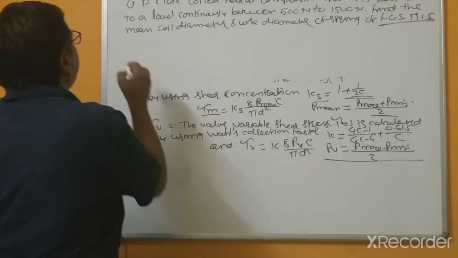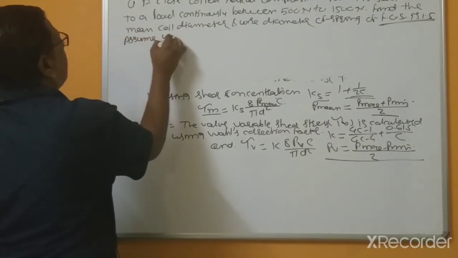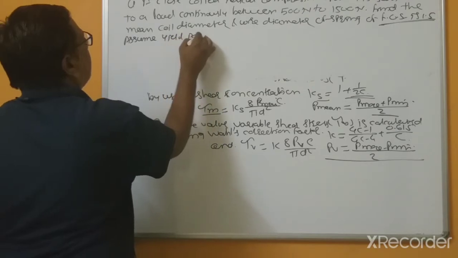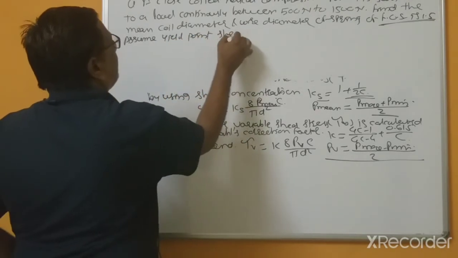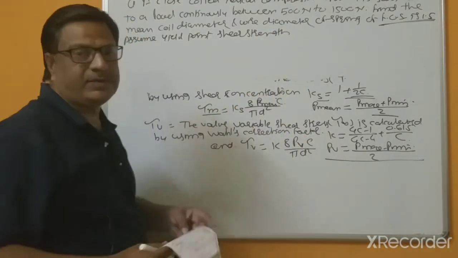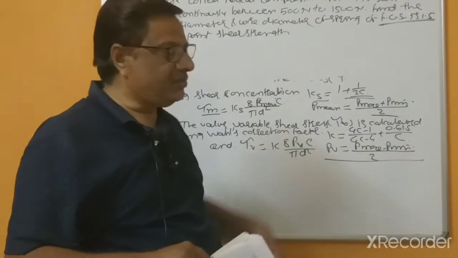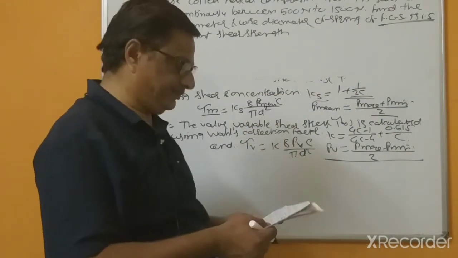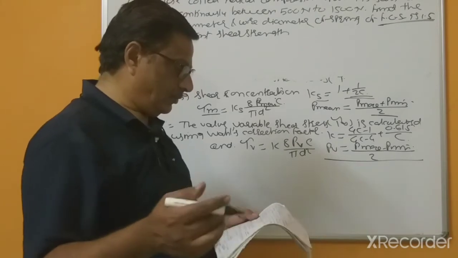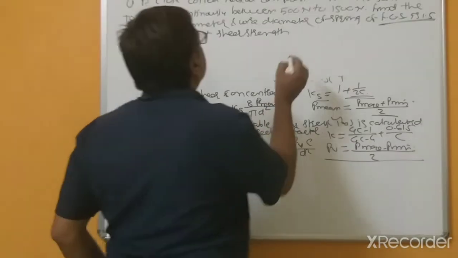There is no need to consider the factor of safety in the calculation of tau m, because we consider it in the formulas. Assume yield point shear strength and